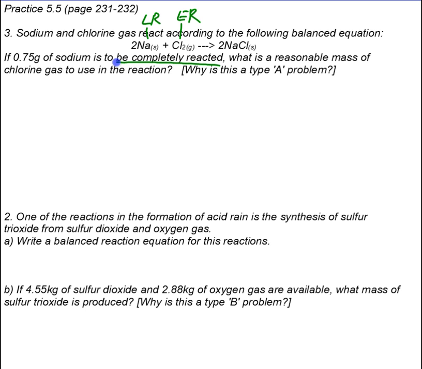So what is a reasonable mass of chlorine gas to use in the reaction? First thing we want to identify is that this is a type A problem. We're not having to identify which reactant is limiting, we're told. So what is a reasonable mass? What's read into reasonable is, let's make sure we have the minimum plus enough to make the reaction completely consume that 0.75 grams. So first thing we need to do here is calculate the number of moles of